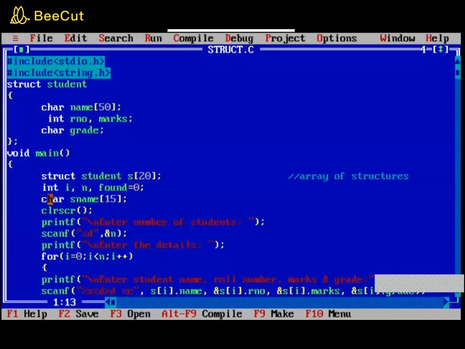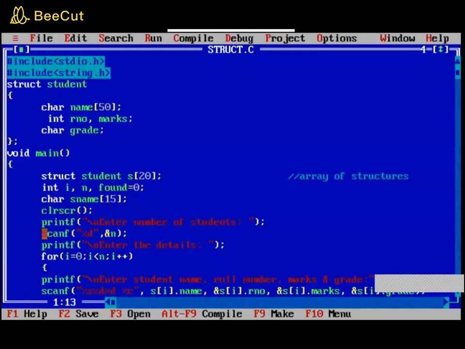Right. Now, what are the basic declarations I'll be making for the variables which are needed for my program? So int i, n and found I will be using. So found is equal to 0, I have initialized now here. I'll be telling you later what the use of found is. Now one more, I have taken a normal variable that is not a structure variable, a normal variable sname with char. This also is required for my second part of the program where I will be searching the student detail.